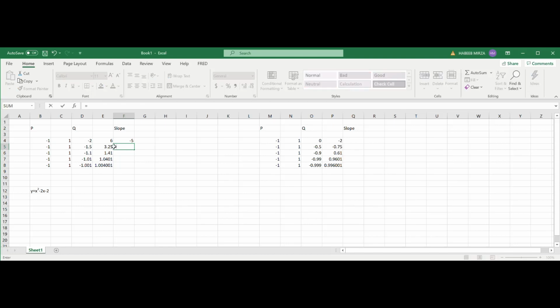You do the same here, which is 3.25 minus 1 over negative 1.5 minus 1, and this one, 1.41 minus 1 over negative 1.1 minus 1. You do the same, 1.0401